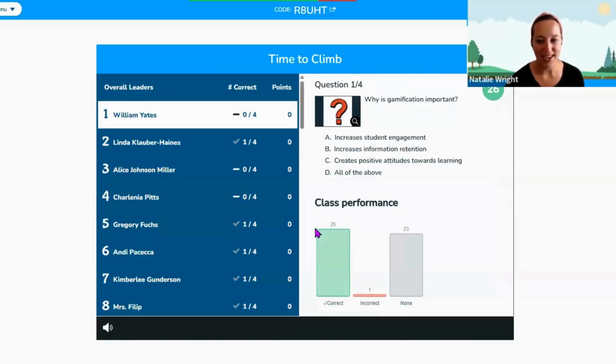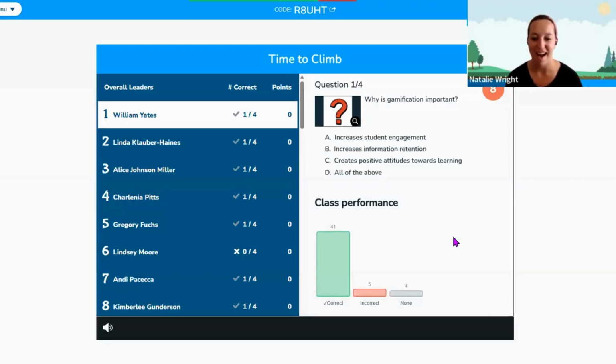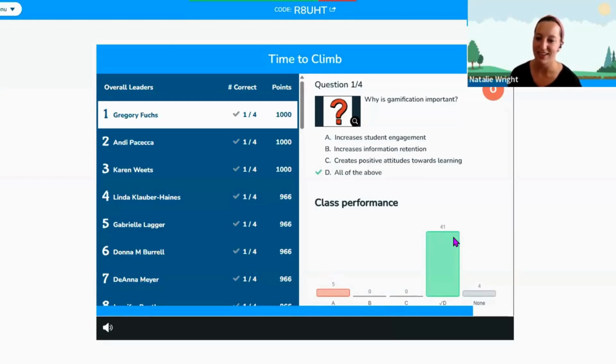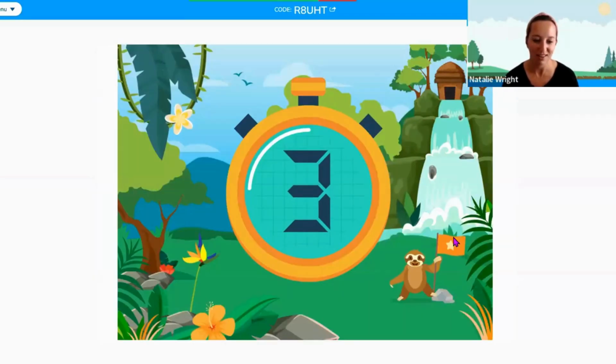Okay, first question. Why is gamification important? It increases student engagement, increases information retention, creates positive attitudes toward learning, or all of the above. Okay, I already can see how many more of us have gotten this one correct. Good work. It is D, all of the above. Increases engagement, and it definitely increases that information retention. So they are